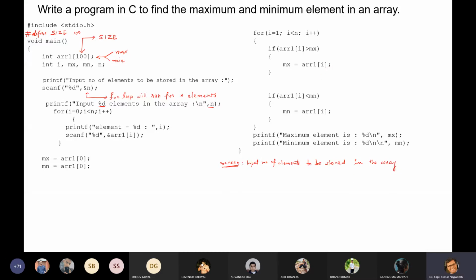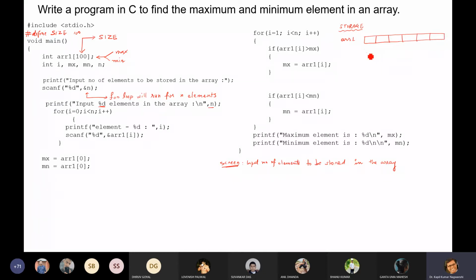Now, before going to this, you can also see that if we are considering storage, so inside that storage, it will declare an array ARR1 of size 100. So this is of size 100 and this is the indexing.